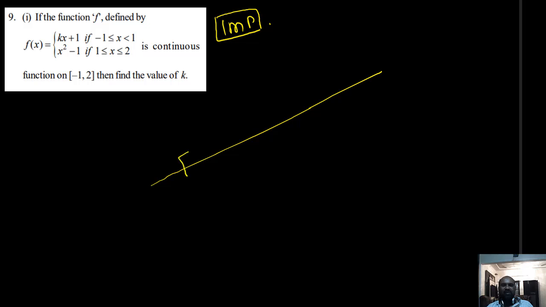Okay, important model question, students. If the function f is defined by two rules and is a continuous function on minus 1 to 2, then find the value of k. Students listen, a function domain is given minus 1 to 2. Here the critical point or turning point is 1. So clearly the function is continuous in this total interval, obviously it should be continuous at 1, and right continuous at minus 1 and left continuous at 2 indirectly.